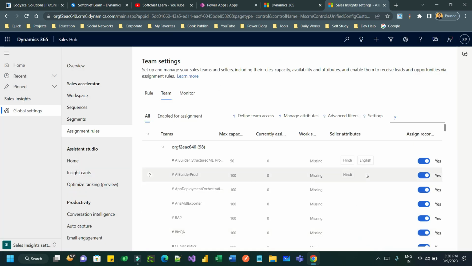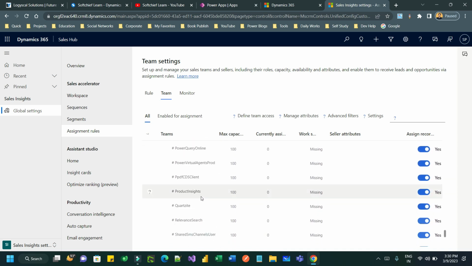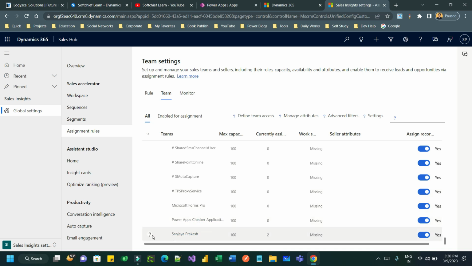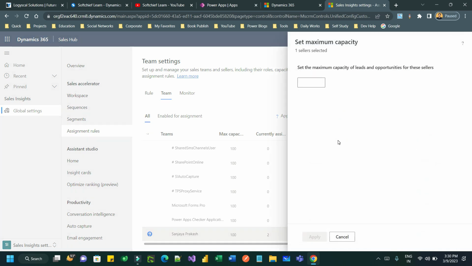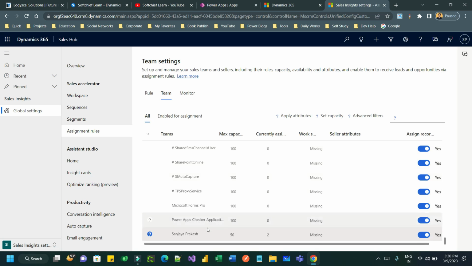Now close it. Next, these are the users who are part of your organization, right? Now you can assign the attributes to different users. First, you can manage the capacity, right? If you want to select this, you can set the capacity. Capacity means the maximum number of leads or opportunities that can be assigned to a user to handle. By default 100, you can change this to 50, for example, so that a maximum of